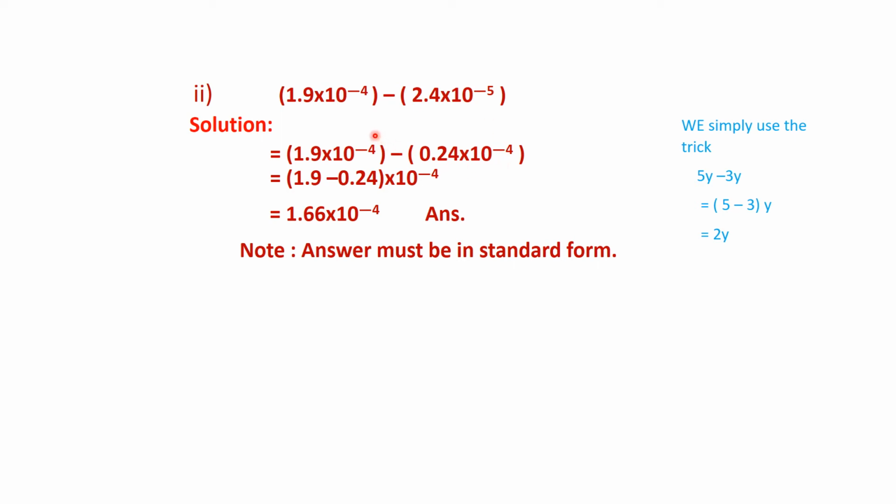Now the same discussion is here. We can take this 10 power minus 4 common from these two numbers, writing this on the right side. We get these two numbers inside the bracket, subtract these two numbers and get this answer, which is already in standard form, so no change further. Similarly, the same rule we have used in case of addition and subtraction. We make 10 powers equal and then take this power common on the right side to get the answer.